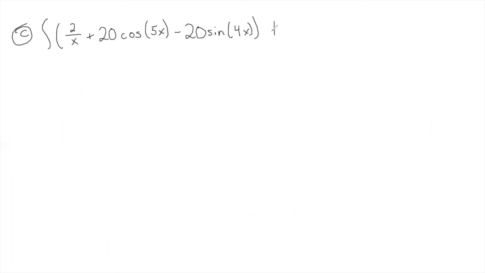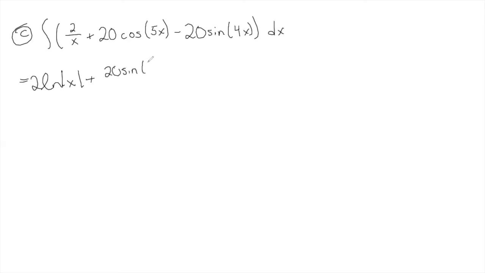Okay, that's part B. Let's do part C now. Integral of 2 over x plus 20 cosine 5x minus 20 sine 4x dx. All right, this one's pretty straightforward. Nothing really to think about here. This is just 2 times ln of absolute value of x. 2 times 1 over x gives me, of course, 2 times the integral of 1 over x, plus